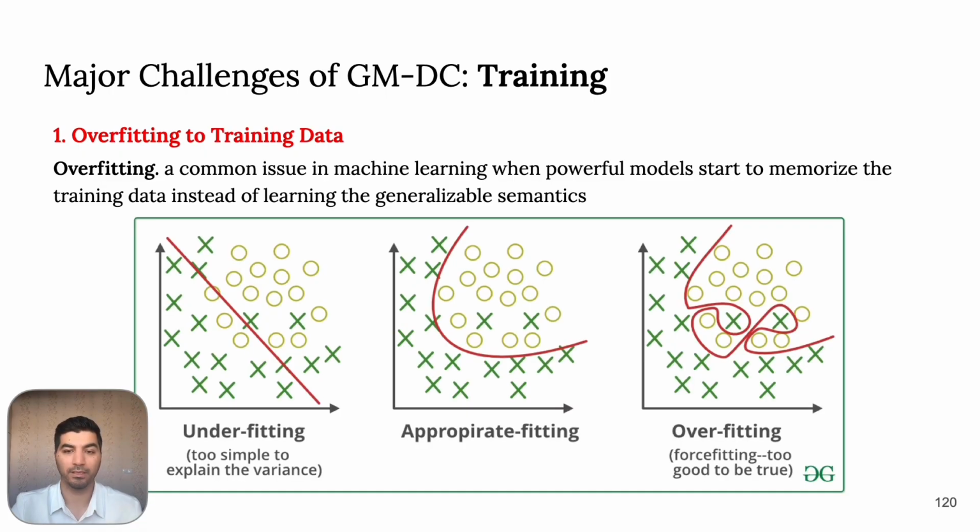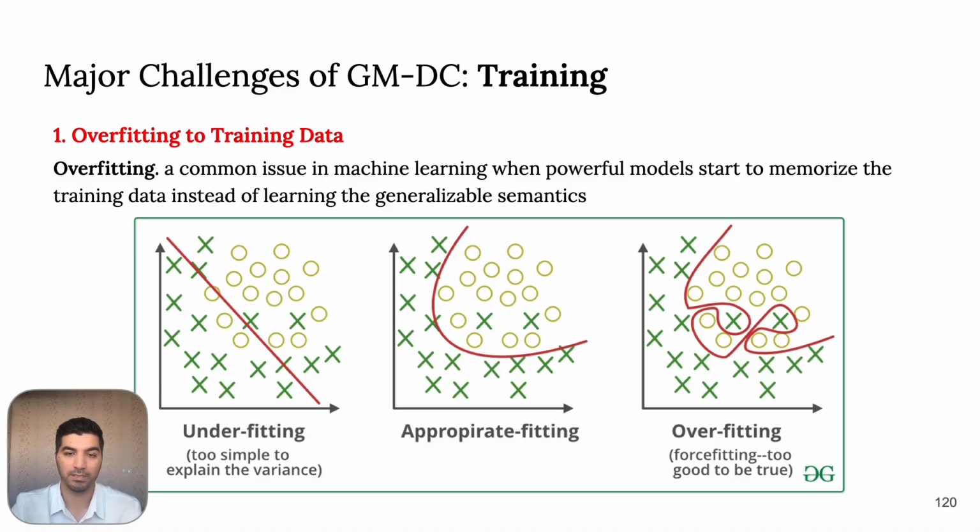As an example, consider this cool diagram from GeeksforGeeks. Here we have 2 classes. The green crosses are representing one class and yellow circles are representing the other one. There are 2 samples from the green class which are inside the yellow class. It could be because of issues with the learned features, or it could be because of some noise in the data collected. The ideal case is learning this boundary as a curve, which kind of separates these 2 classes with a